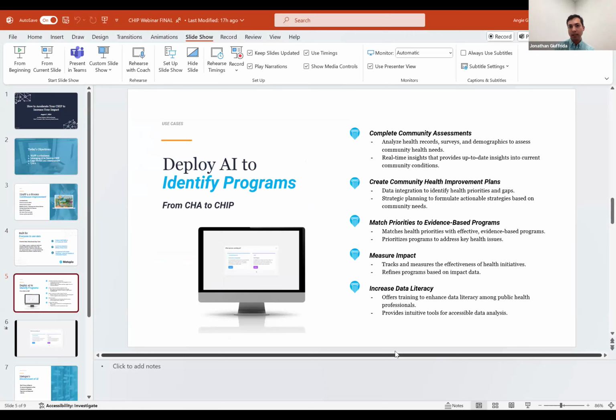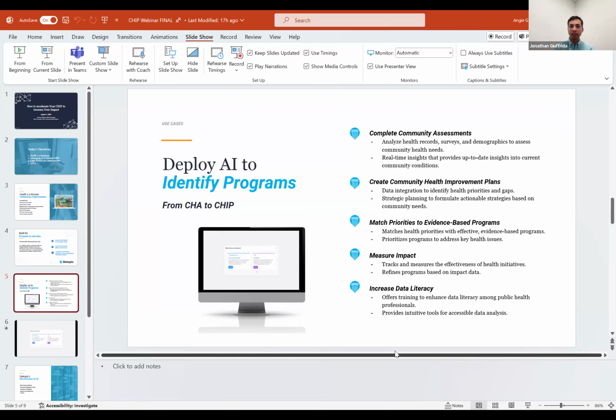And when you're done with that process and you want to actually start that program, the CHIP module that we have has an interactive dashboard where you can track progress over time and share it with your community members, share it with your community partners, make it public if you want. In addition to exporting out a Word document or making a PDF to actually submit for regulatory purposes, you also have a living CHIP dashboard where you're able to track your progress over time, enter measurements, allow other people in your community or your partners to enter their measurements and be able to see